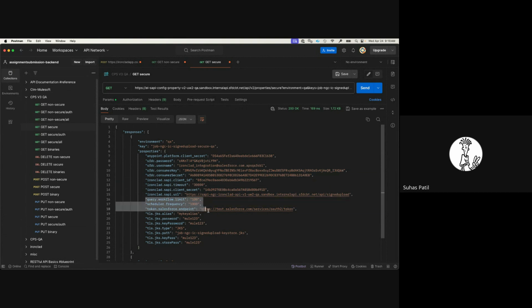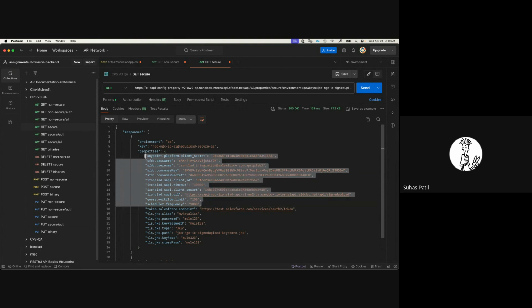Then there are a few more configurations which we thought should not be hard coded into the system, and we can control these with variables or attributes in the CPS JSON itself. How many workflow records we are supposed to fetch is 100. The frequency of the scheduler is right now 1800 seconds, that means 30 minutes. And then the token URL, which is still not needed, but is important for this job, the NGC signed upload secure